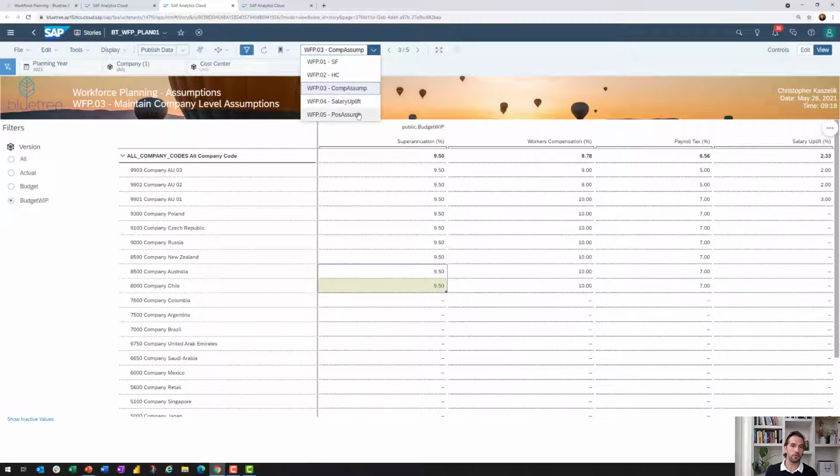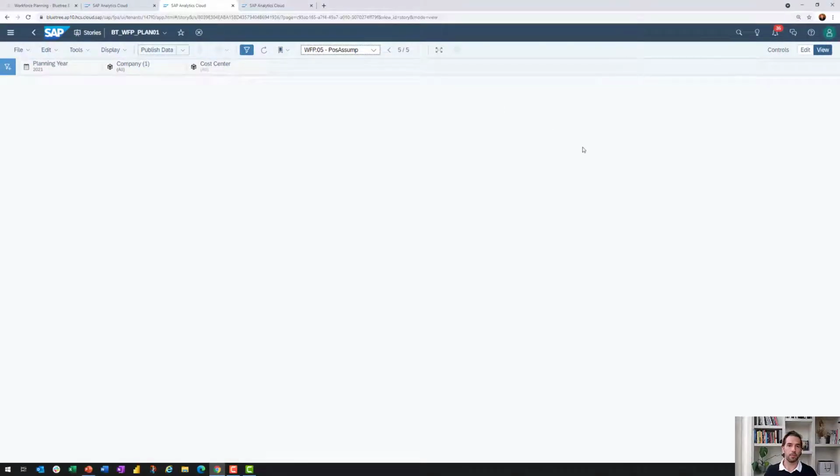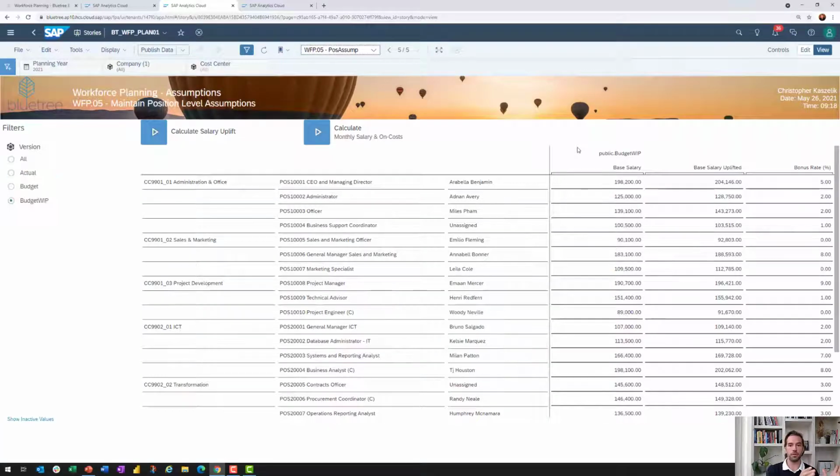then also have position level assumptions. So rather than at a company level, there are assumptions and rates that are specific to a position or an employee already. And those are the base salaries, the uplifted base salary, as well as the bonus rate. So here I could go in and change someone's bonus if I know that change will occur from 5 to 10%, for example. And then I save that data and I recalculate. Importantly also,